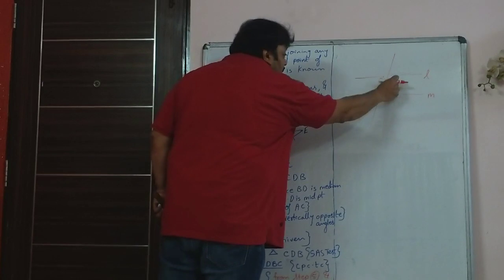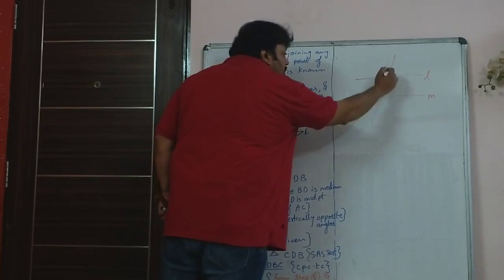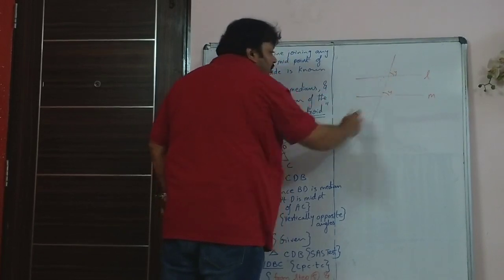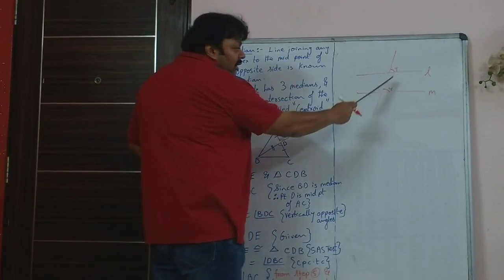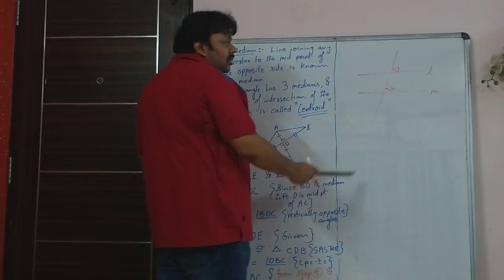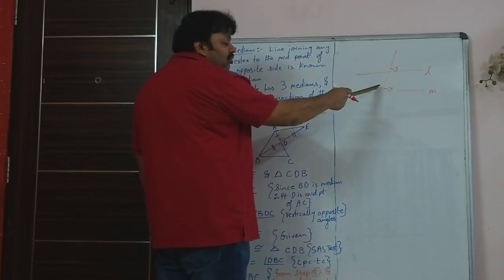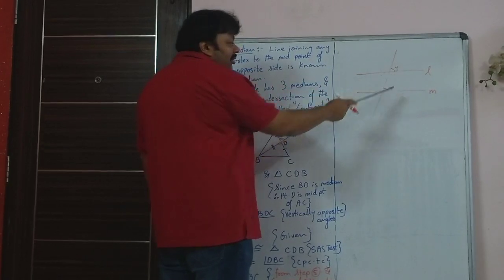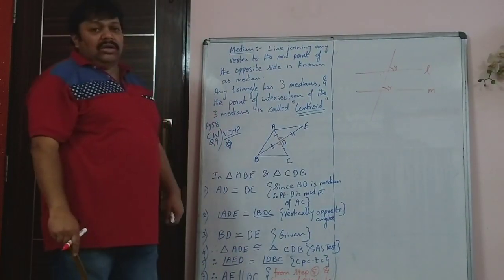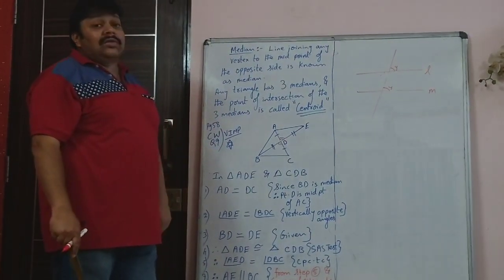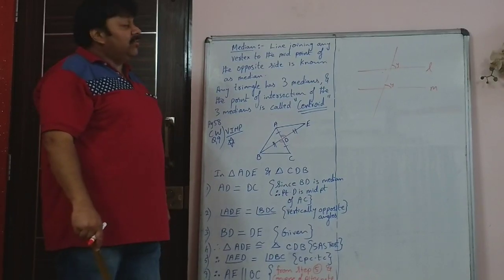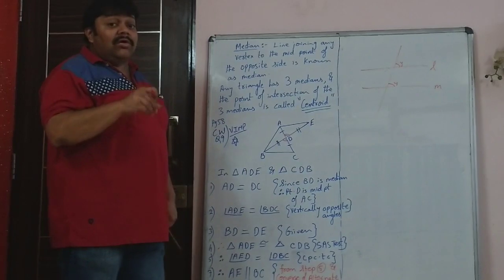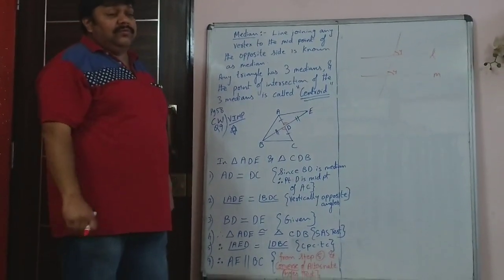So instead of using alternate angles, you can even use corresponding angles, any corresponding angle, y and y, or even the angle below that. Those are also corresponding angles. Even this one on top and this one on top are corresponding angles. If you can prove any one of the corresponding angles are equal, then too you can say line L is parallel to line M by converse of corresponding angles test.